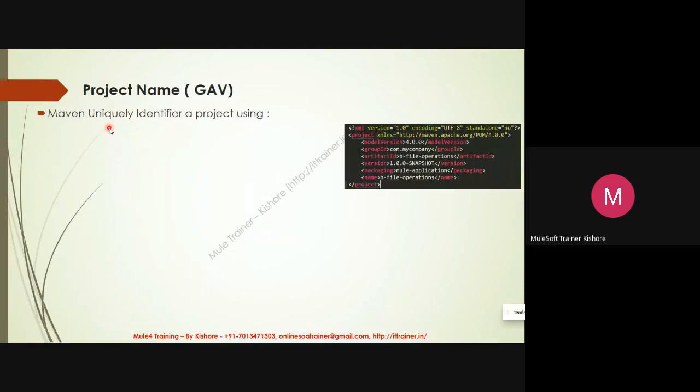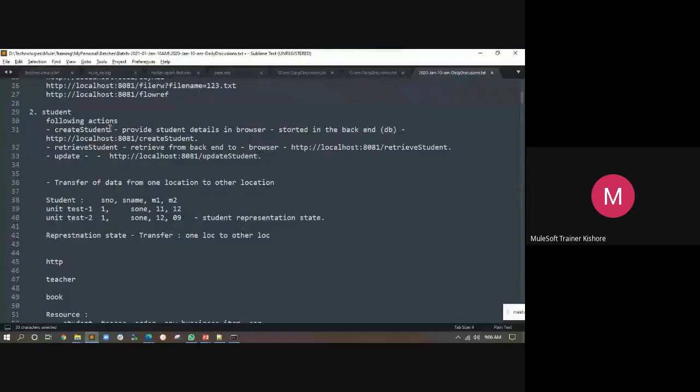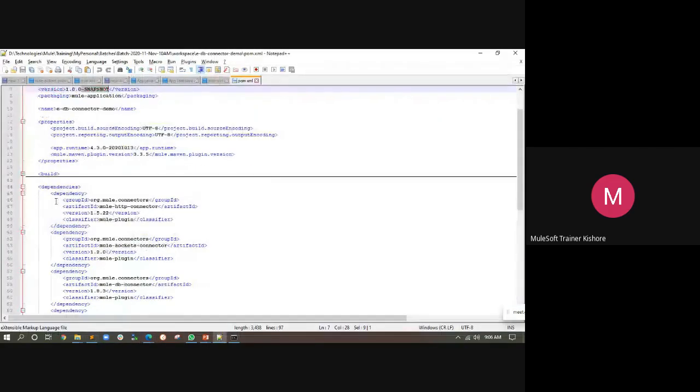So group ID com.mycompany, artifact ID is this, and version is this. Whenever you are representing anything, you will represent that as a GAV. Even these connectors are your dependencies and also contain a GAV.